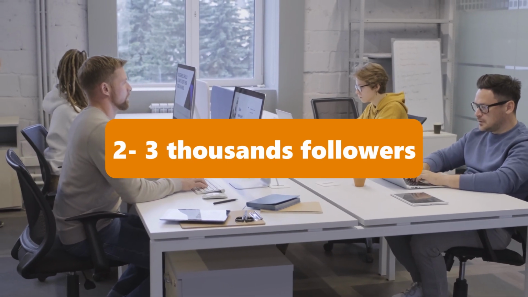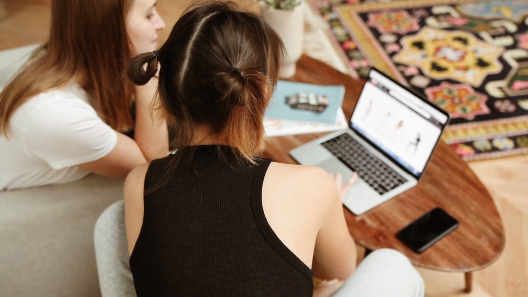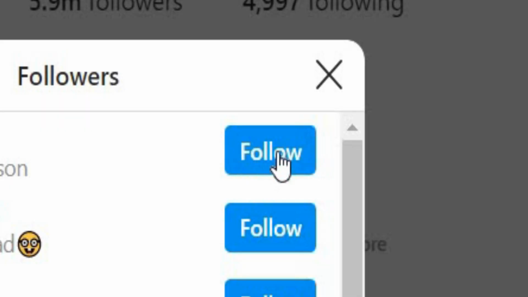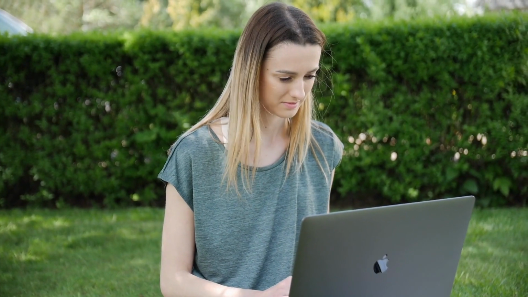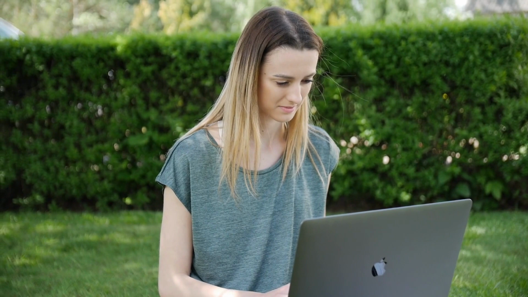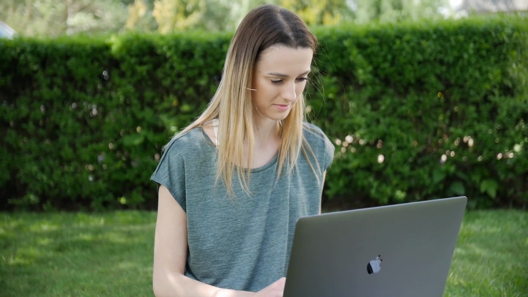As you can see, it's pretty simple and requires no prior knowledge. Simply follow people and they should follow you back. So that's step number 6. Go out there and follow target audience until they start following you back and you obtain some followers.